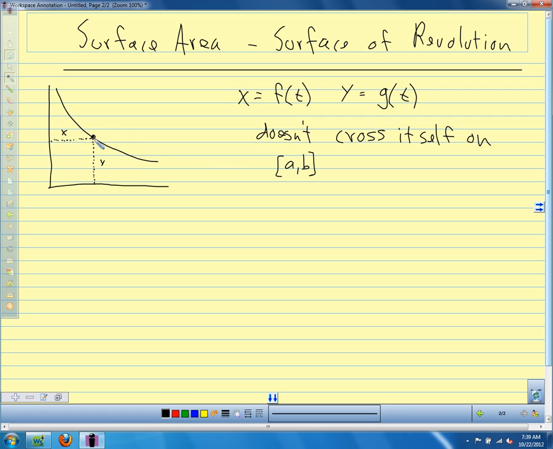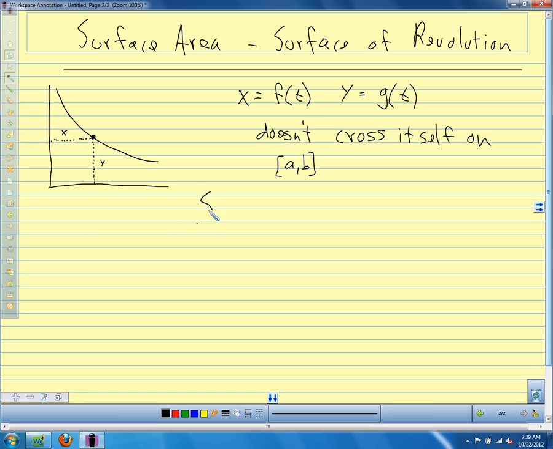So what we're doing with the formula, just as to remind ourselves, is we're looking at this little piece of arc here. We'll call it ds, little piece of arc length. We're revolving that around the x-axis or the y-axis, and we're summing those little pieces of arc length. So we end up with a tiny little piece of the side of a cone. And our equations come from the surface area of a cone. So we're thinking of adding up those little pieces of arc length as we revolve around the axis. So our equations: